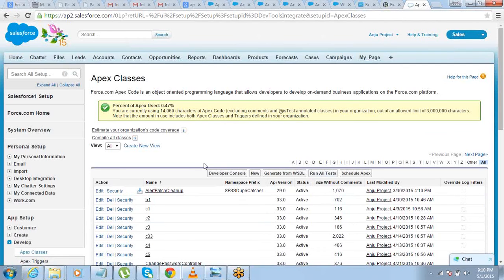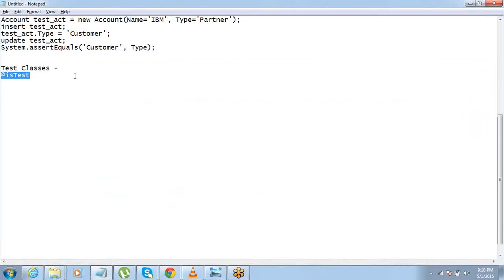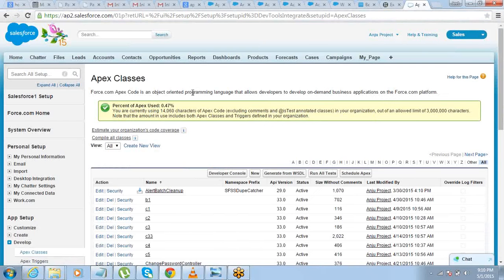Okay, before I get into the other stuff, I will also tell you why we used @isTest for that class. Why did I use this annotation? There's a simple logic for it. All the code that you write in Salesforce has a limit. If you see here, you have a limit of 3 million characters. So including all your Apex, you have a limit of 3 million characters, not more than that.